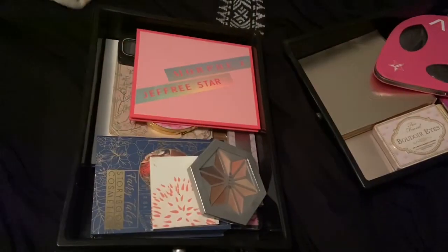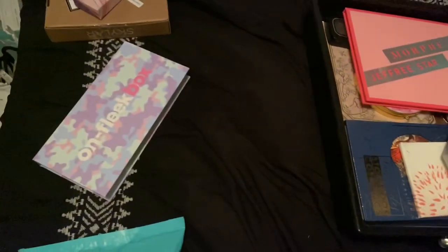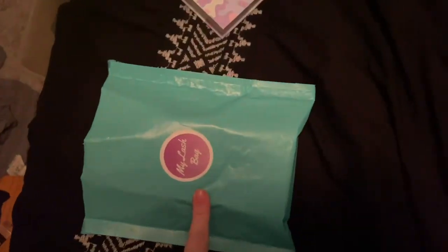I have a lot of eyeshadow. So let's go through it. Also, my room is a complete disaster right now, but real quick, sneak peek at March's